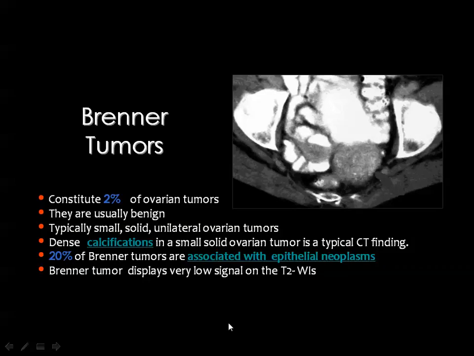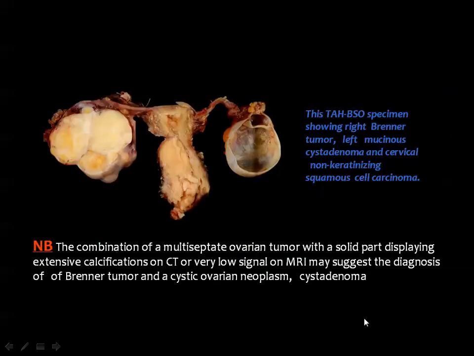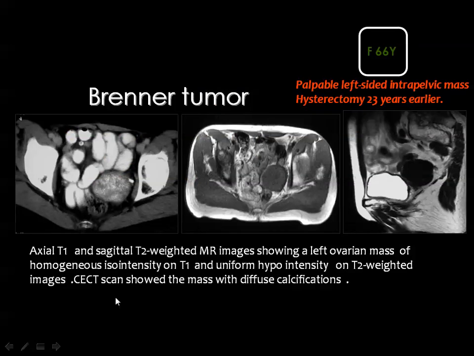Then the Brenner tumor is a relatively rare tumor, and the diagnosis is based on the detection of calcium within this lesion, which is frequently solid. And knowing that MRI is less sensitive for calcium detection, then the diagnosis by CT is good. And here you can see a solid lesion with a few calcific foci inside the lesion. Frequently, the Brenner tumors are associated with other serous and mucinous cystadenomas, and may also be associated with cervical carcinoma, for example. This is the classic appearance of Brenner tumor by CT, solid lesion containing calcium, and by MRI,